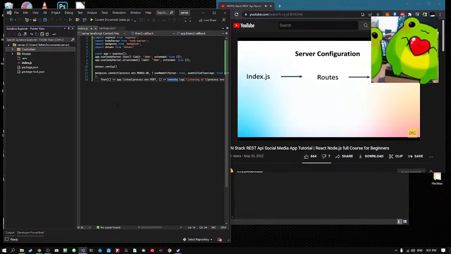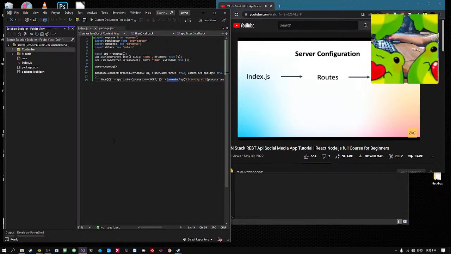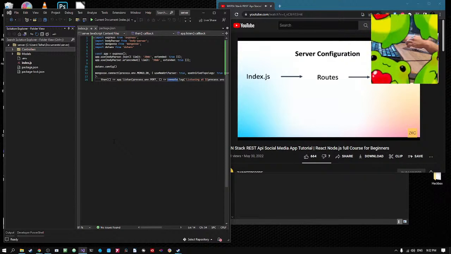Now what are controllers? Controllers are nothing but JavaScript functions. They are simply just JavaScript functions. So let's revise this once again. The start